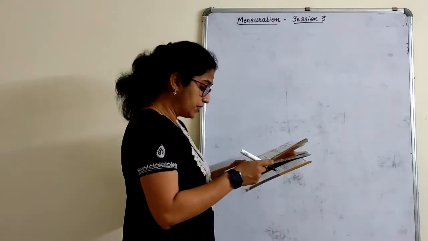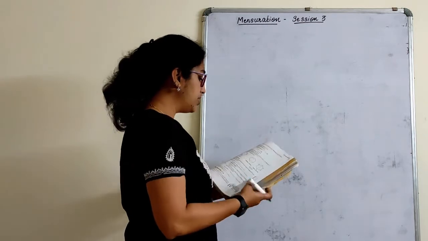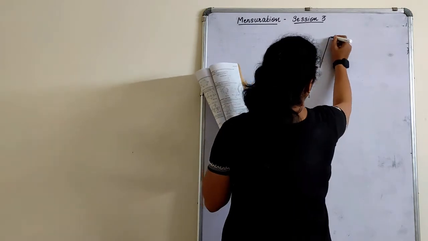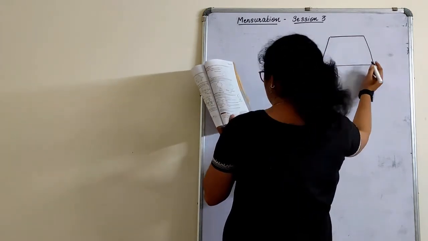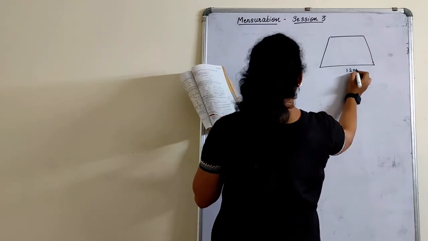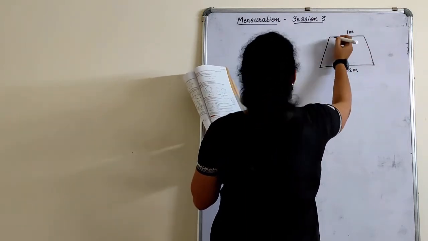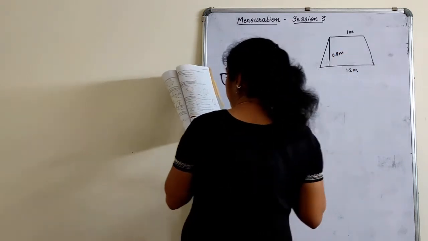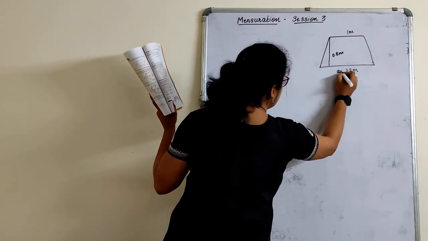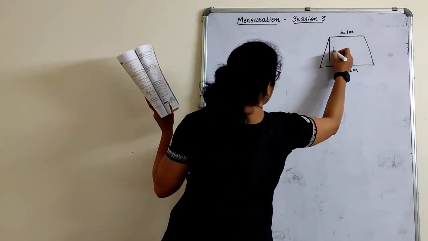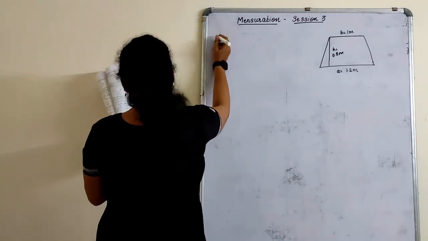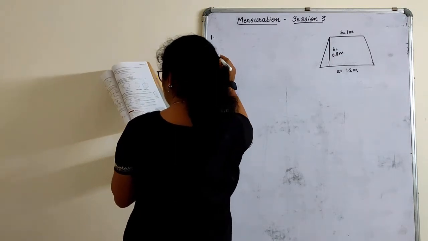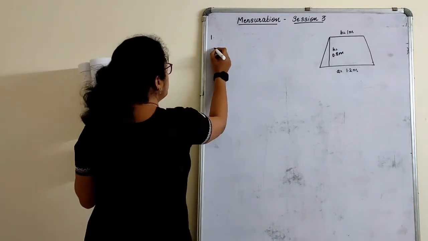The shape of the top surface of a table is a trapezium. Now here you need not draw a table, but instead you can draw a trapezium for this. Given here, this is 1.2 meter and this is 1 meter, where the height is given as 0.8 meter, right? So this will be considered as A and this as B, and H is equal to 0.8. First one, find the area if its parallel sides are 1 meter and 1.2 meter.